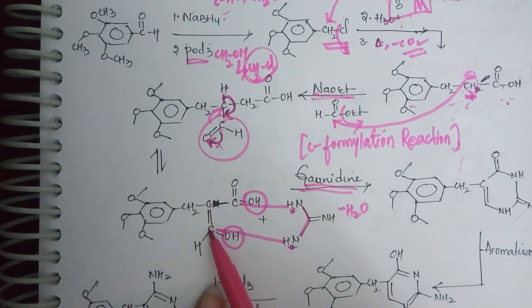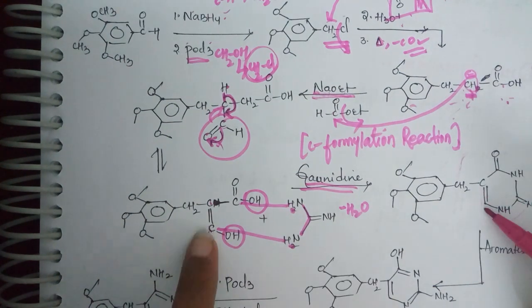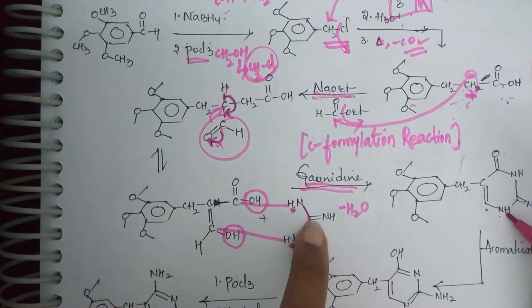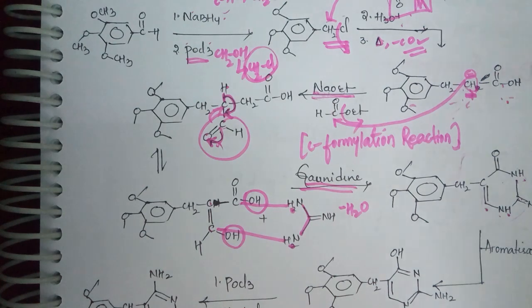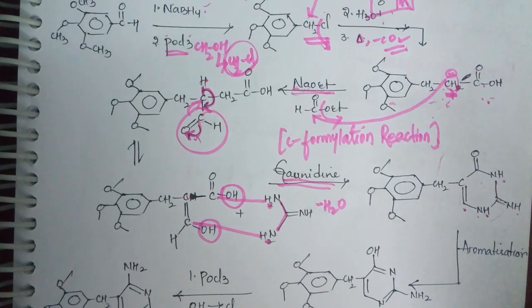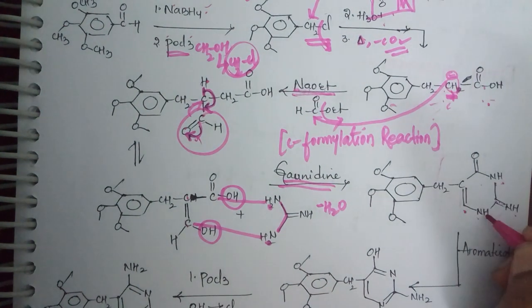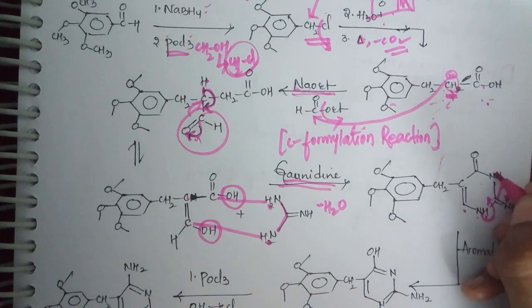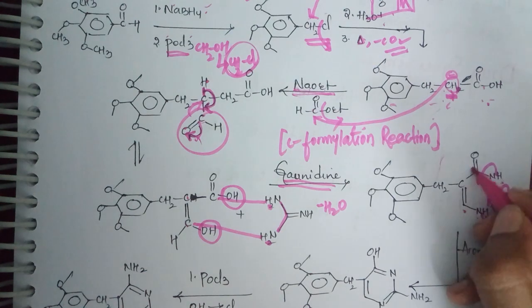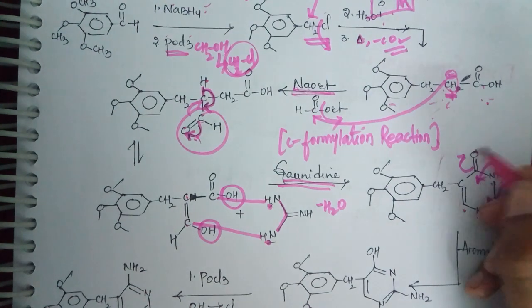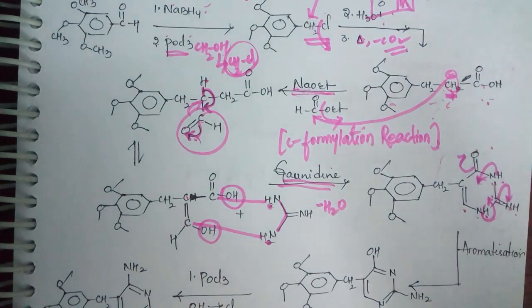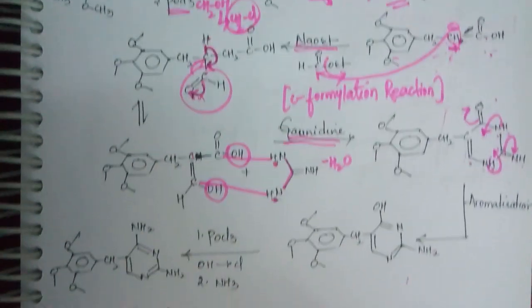You see here you have C double bond C, C double bond C, this is attached to NH. This you will have double bond NH followed by NH, this is attached to C double bond O. Later I am doing aromatization. How it is shifted is, this hydrogen shifts here, this NH bond shifts here, this one will shift, here you will get double bond, here OH, here double bond NH2. You will get this product.